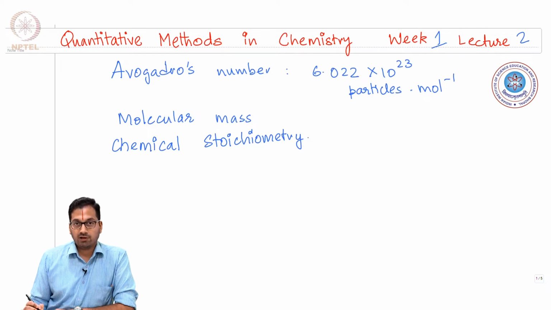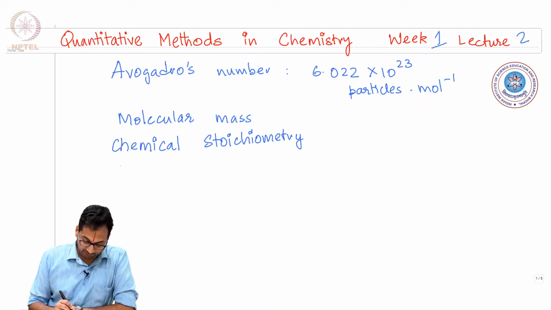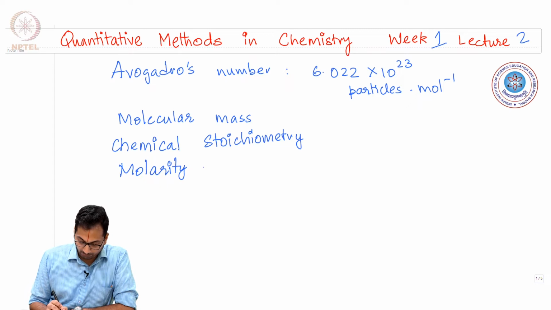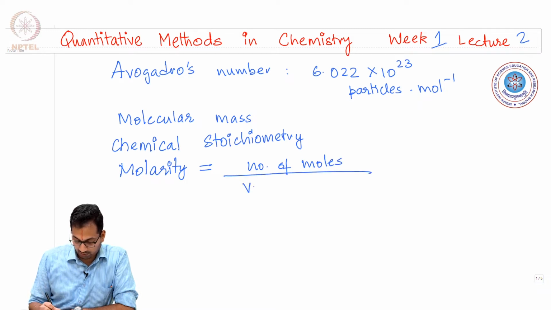Having defined chemical stoichiometry, we understood what is a limiting reagent and how to determine stoichiometry of different reactants that engage in a chemical reaction. We finished off the lecture by defining the concentration term called molarity. How did we define molarity? Molarity is defined as the number of moles divided by volume of solution